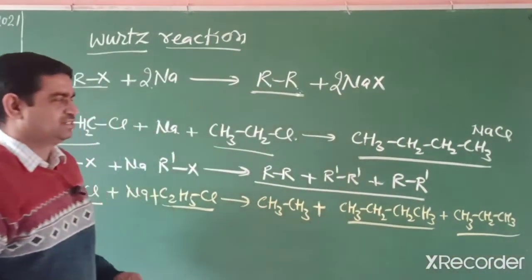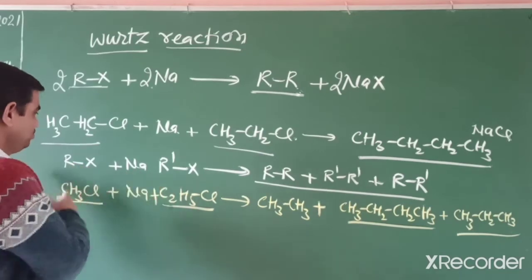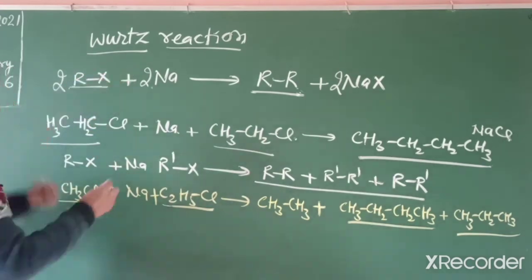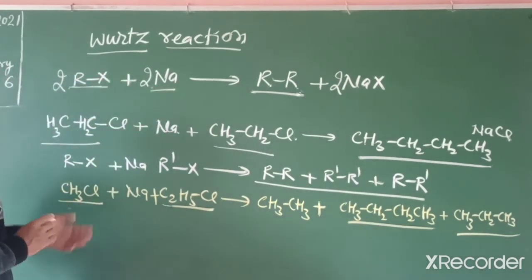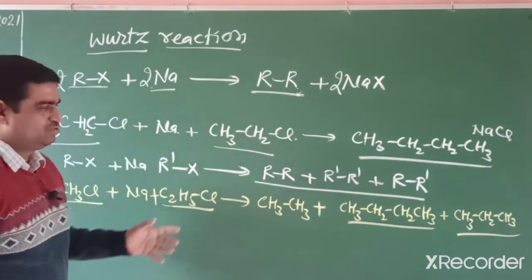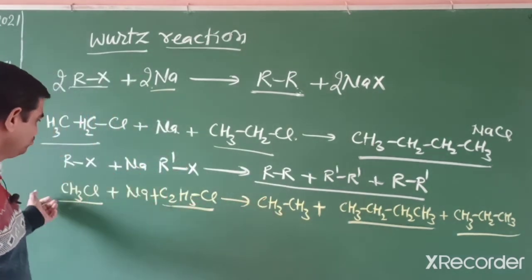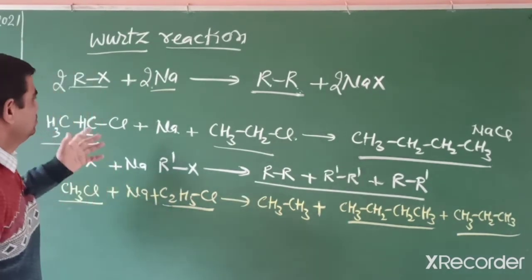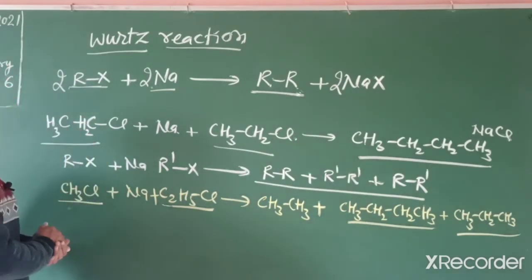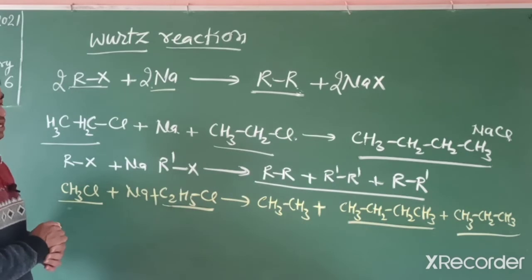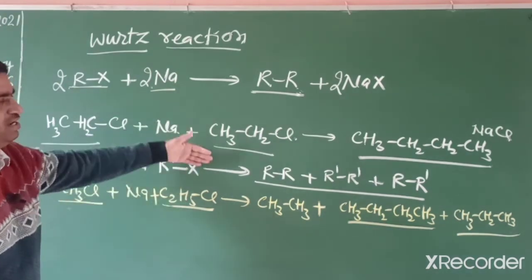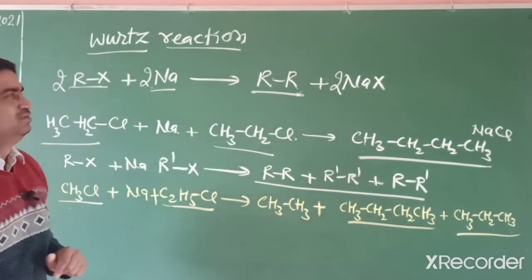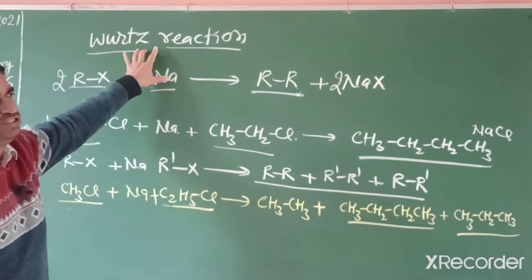So students, in this reaction, if we want to prepare an odd number alkane, we have to take different alkyl halides and we get a mixture of hydrocarbons. So this question comes up: in Wurtz reaction, preparation of hydrocarbon, if you want an odd number hydrocarbon, then we have to take a mixture of alkyl halides, so we get different hydrocarbons. So it is not a good preparation if you want an odd number, but for even numbers you can easily prepare ethane, butane, octane like this. This is known as Wurtz reaction.